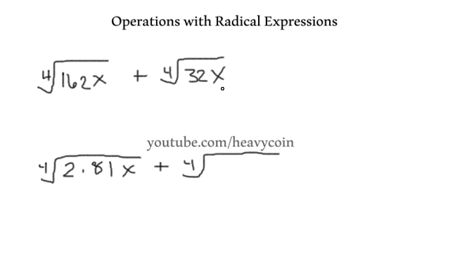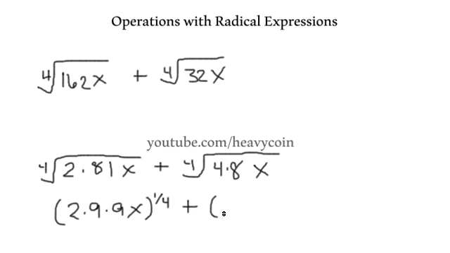We'll break this down. This is 8 times 4. But we can break this down. This is 9 times 9. I'm going to start writing this in the exponential form here. Alright, plus, oh, and this